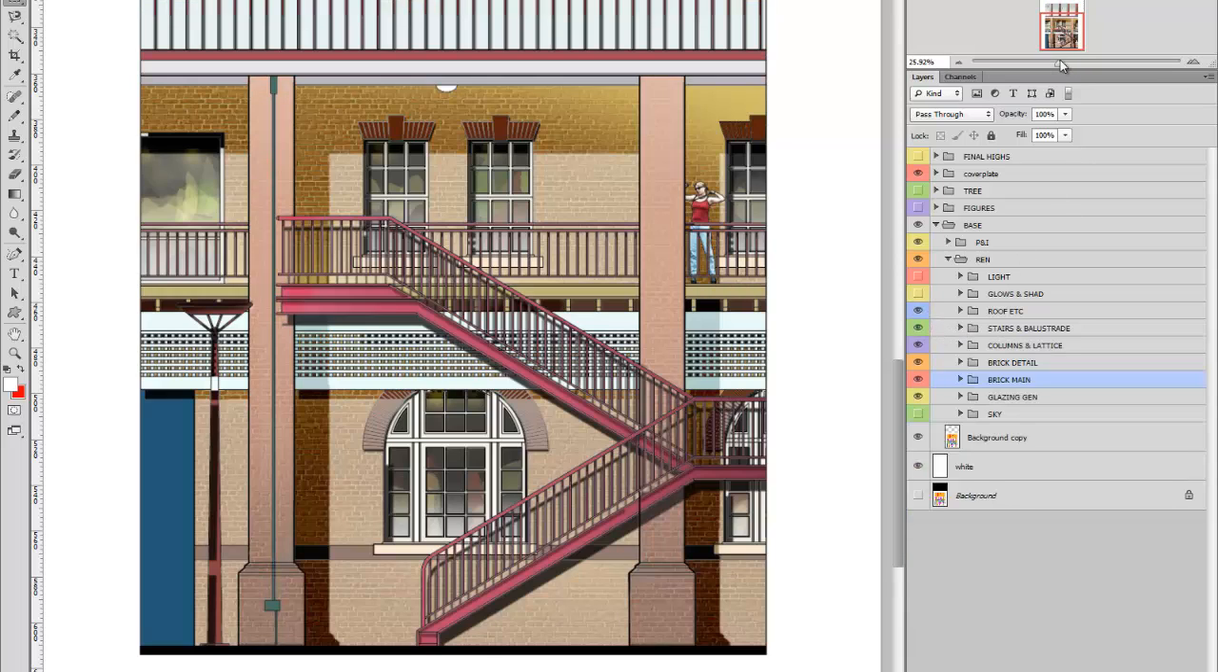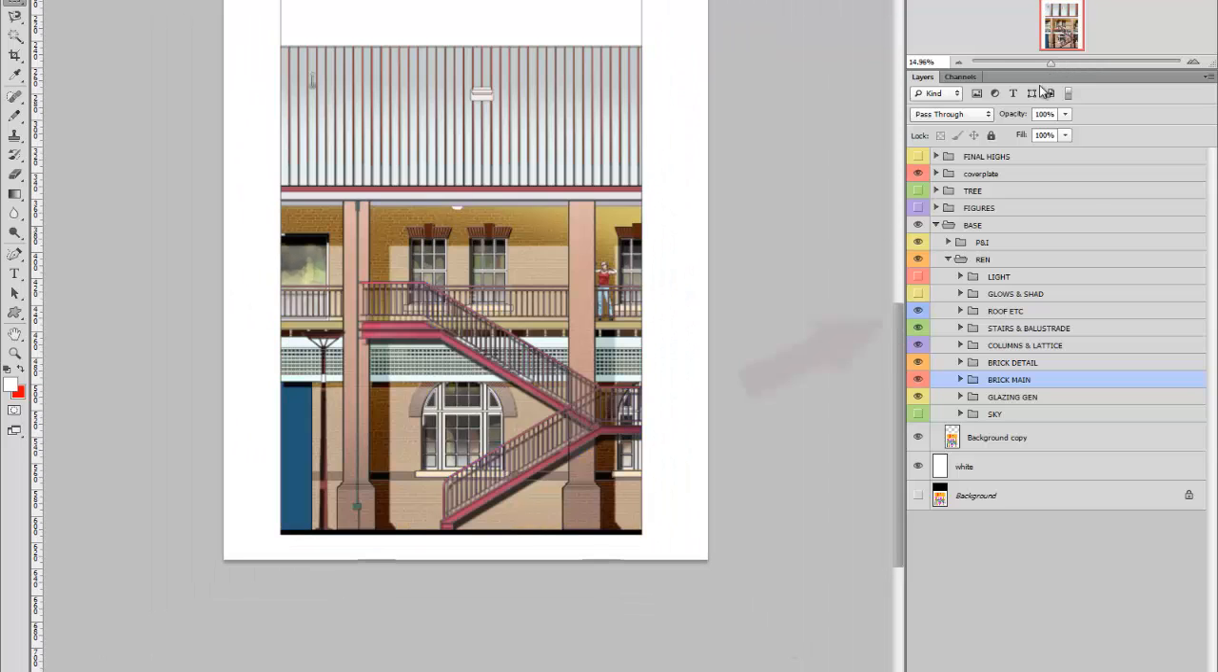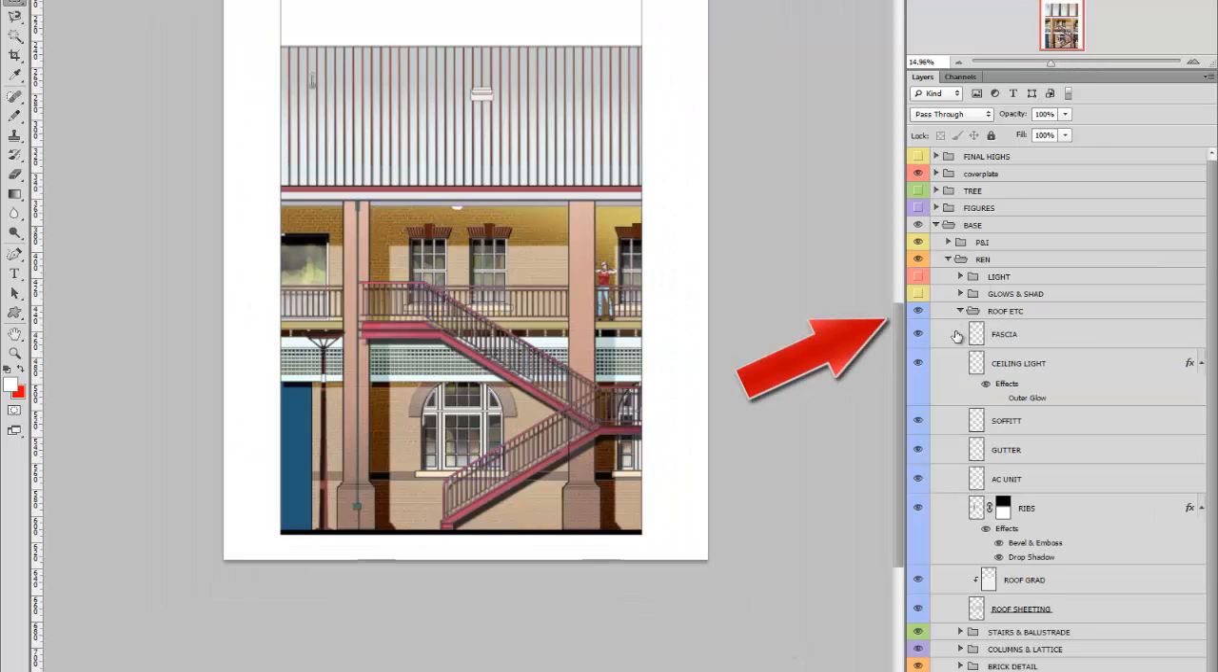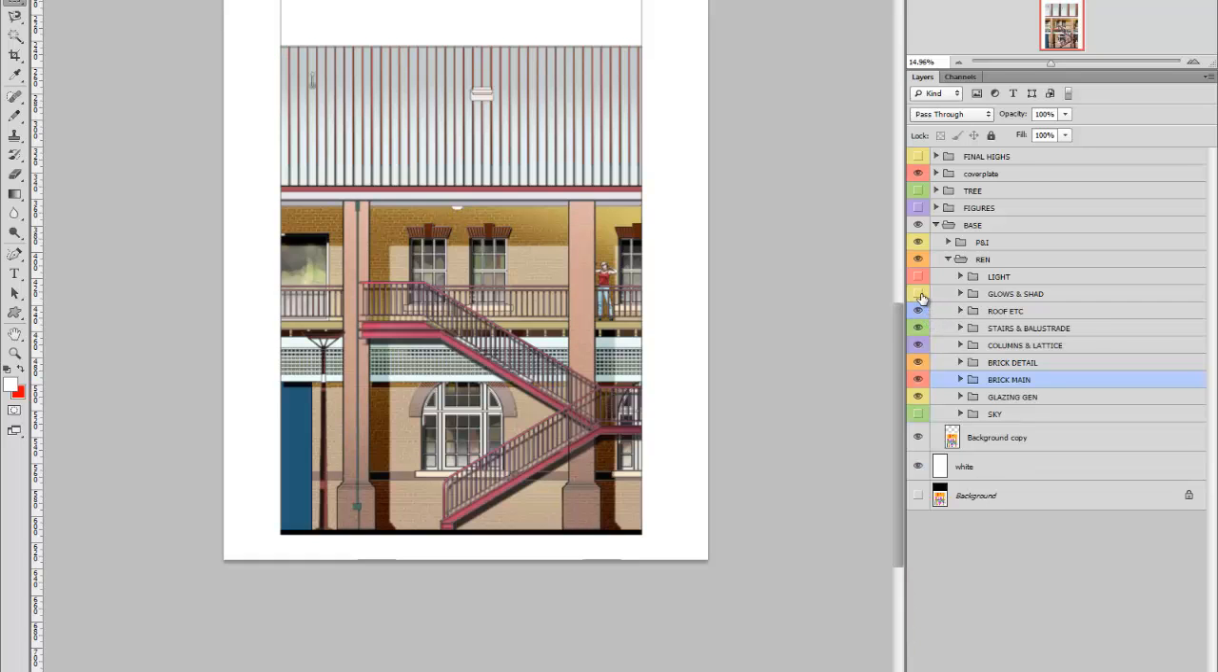Next, I've added the roof. We'll open up that layer level. Just the various elements have been painted in: the fascia, the ceiling light, the feet, the gutters, the AC unit. I'll just click those on and off so you can see them. And they're just highlighted using the magic wand tool, and then I just lay in the colours I need. Almost paint by numbers. Next, I've added some glows and shadows just to give some depth and tonal variation to